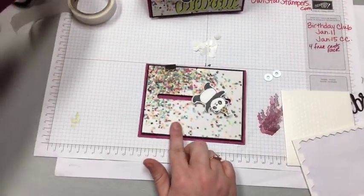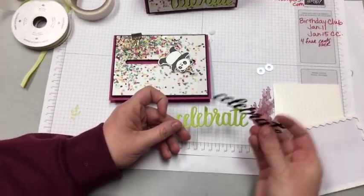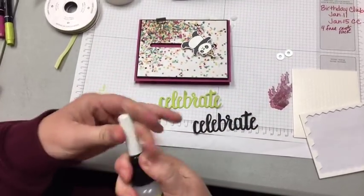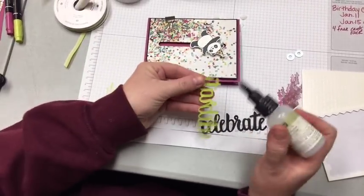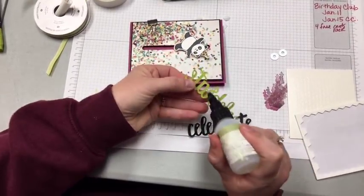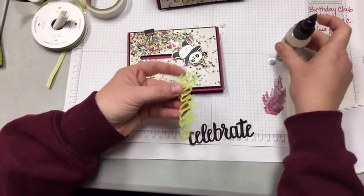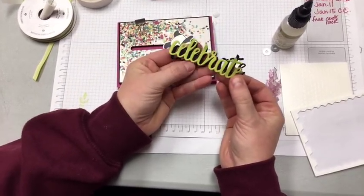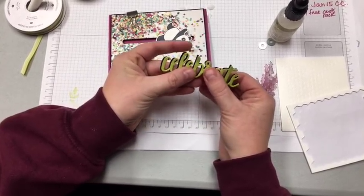So now we're just gonna decorate the card. I cut out that Celebrate in Lemon Lime Twist and in Basic Black. And you're gonna wanna use the fine tip glue pen, and I layered these on and just off-centered them a bit to make that black just make it pop a little bit. So I'm just putting a little bit on the back to get it to stick down. So I'm just gonna put it on top, and then just slide it over just a tad,